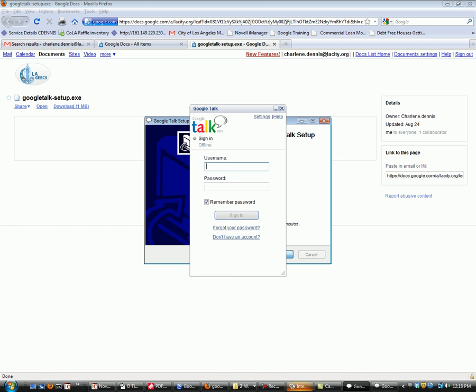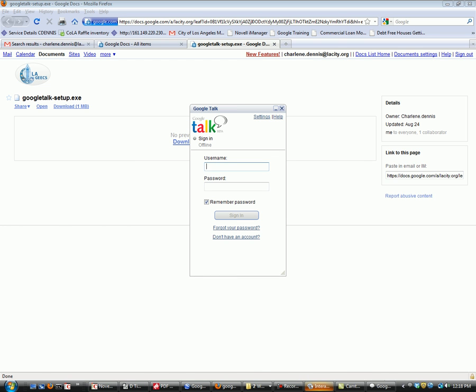And as soon as I click on Finish, I get a prompt for a username. And the username in this instance is your email address. So I'm going to type in charlene.dennis@lacity.org. And I'll type my password in. I can leave the remember password box checked, and that means that once I type my username in, the password's automatically filled in, or I can uncheck it and type my password each time. This might be a more secure method. When we're all done with that, we're going to click on Sign In,